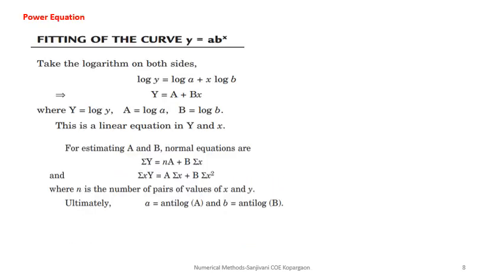Then let us assume the curve y is equal to ab raised to x. Now this could be converted into log y is equal to log a plus x log b. So if you say log a is equal to capital A and log b is equal to capital B, you can write these two normal equations which we have got. Simply I converted this equation into the equation of a line. So this will give you that a is nothing but antilog of capital A, and small b will be antilog of capital B, and from solving the equations you will get capital A and capital B.